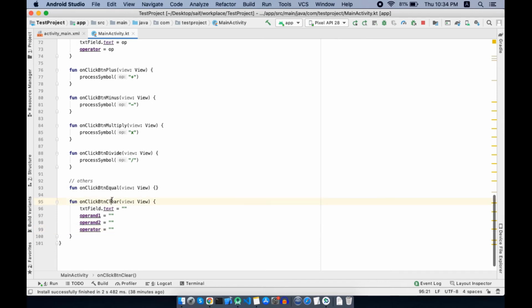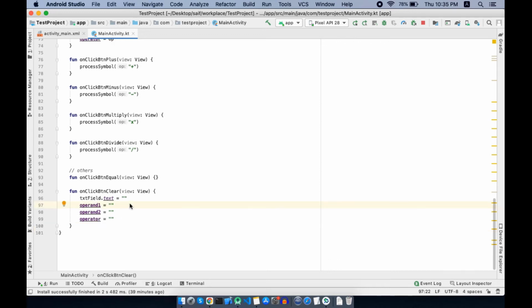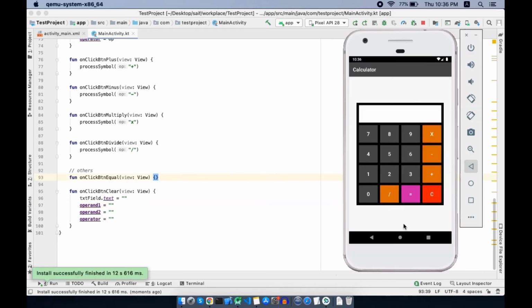So what we have done is, when button clear is pressed, we clear the text field and we reset our variables to start the next calculation. So button clear is also functional. The app is running. Let's say if I press 1, it's showing 1, that's fine.